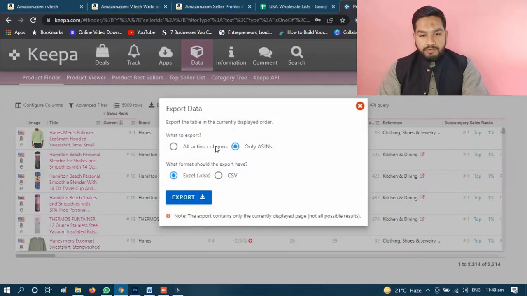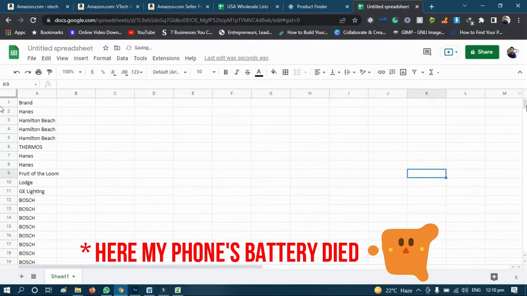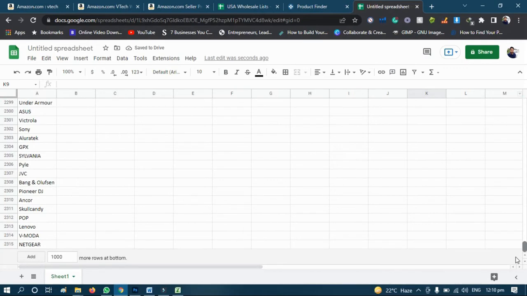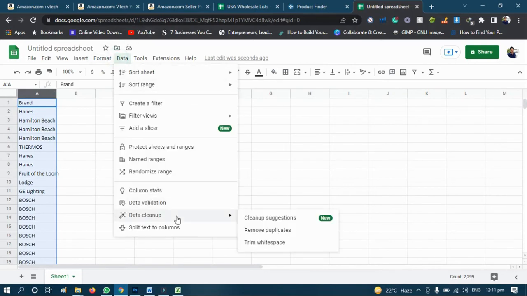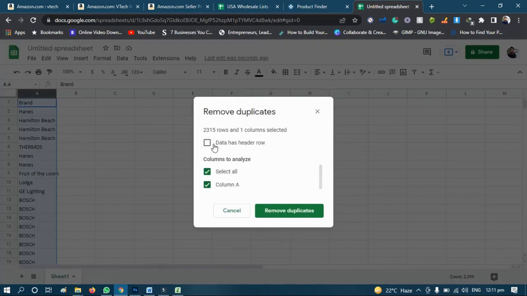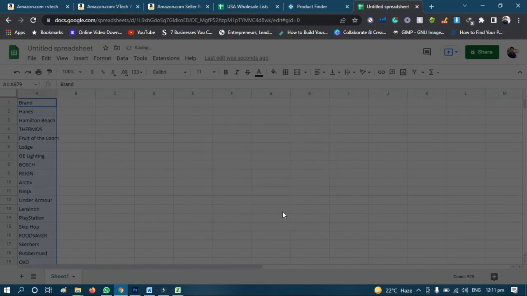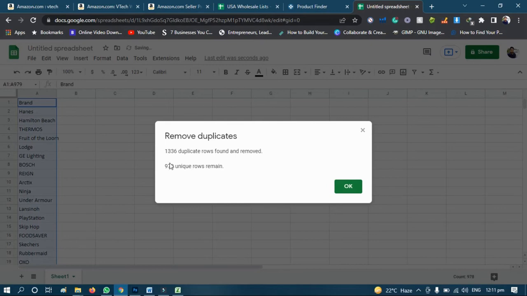Now all the products are loaded in Keepa. Let's hit the export button. Here we have a list of around 2,000 rows. Now let's remove the duplicates from Data Cleanup. This column has a header row. Okay, remove duplicates. We have 979 unique rows, which means we have 979 unique brand names which we can contact